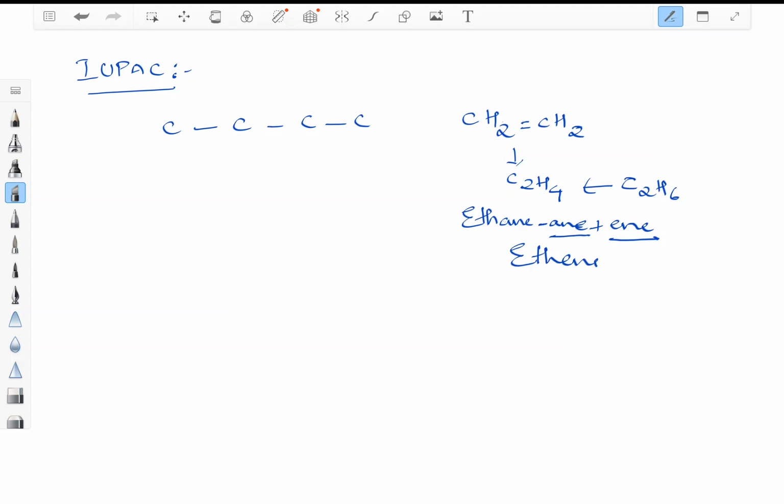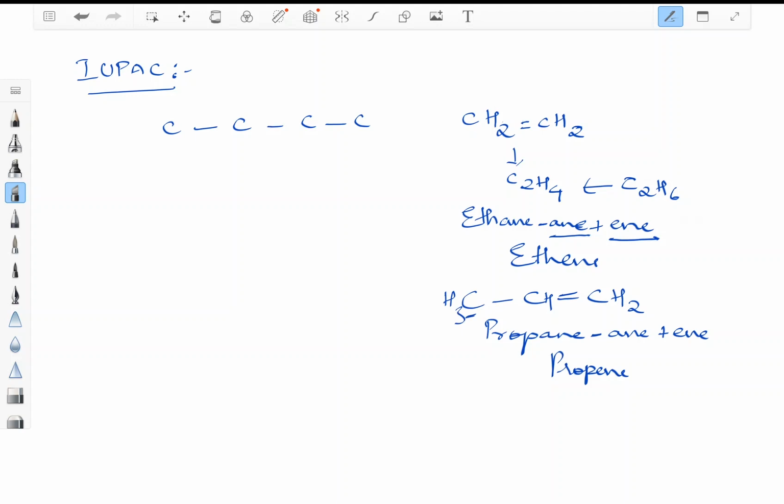In the same way, if you have a 3 carbon compound, carbon, carbon, carbon, if it is not having any double bond, the name was propane. But if I'm adding a double bond here, then minus ANE, that is, it removes ANE and adds ENE. So the name is propene. I hope you will write the hydrogens quite easily now, because it is having a double bond here. It will have CH2 here. This particular carbon, because it is having three bonds, has one hydrogen. This carbon has only one bond, so it is CH3.